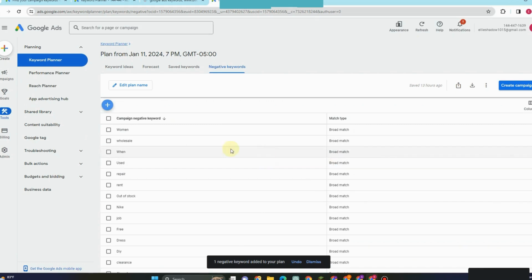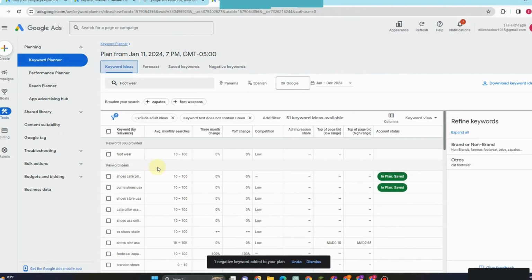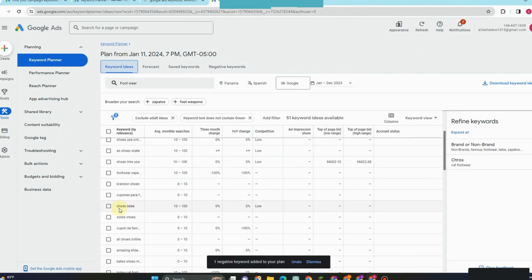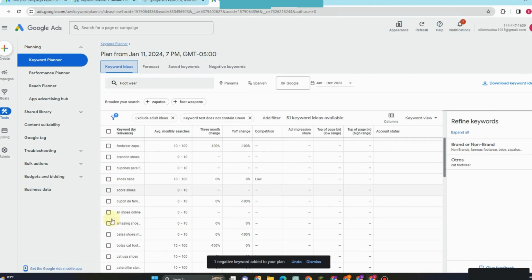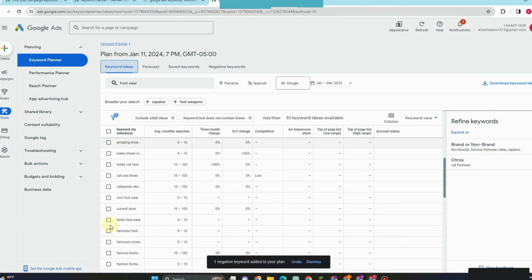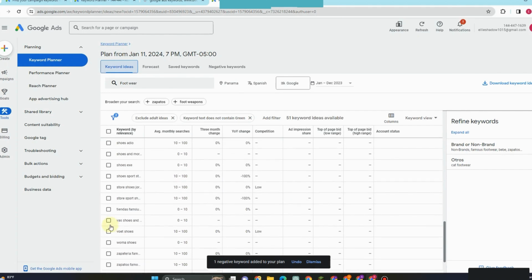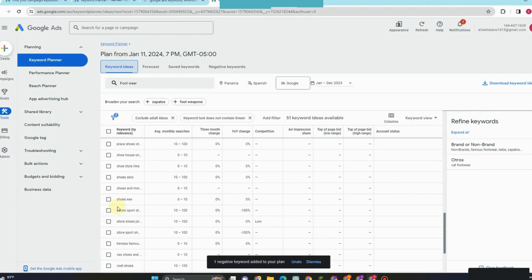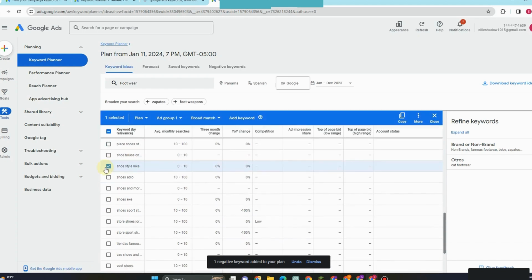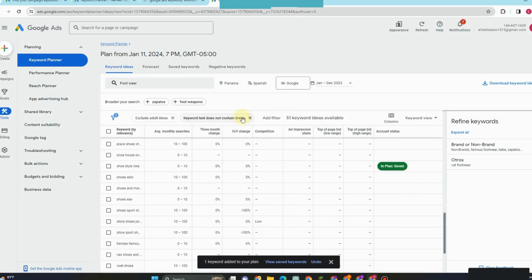And then once you select these words, or once it appears in your results, for example, this one here, then you will see the average monthly searches, or the result of those people who type this keyword right here. If this is one of your negative keyword lists, then you will have the idea on how to add this to your